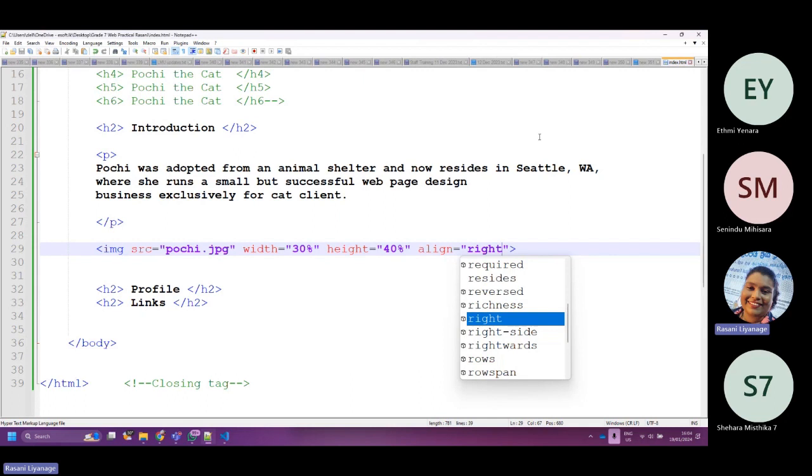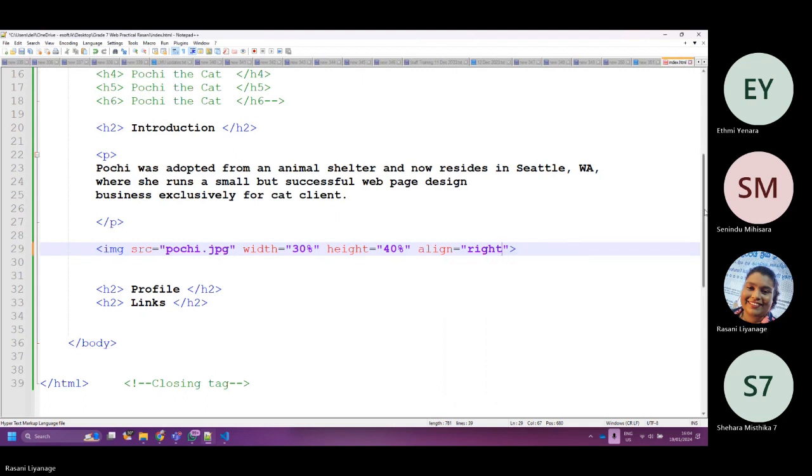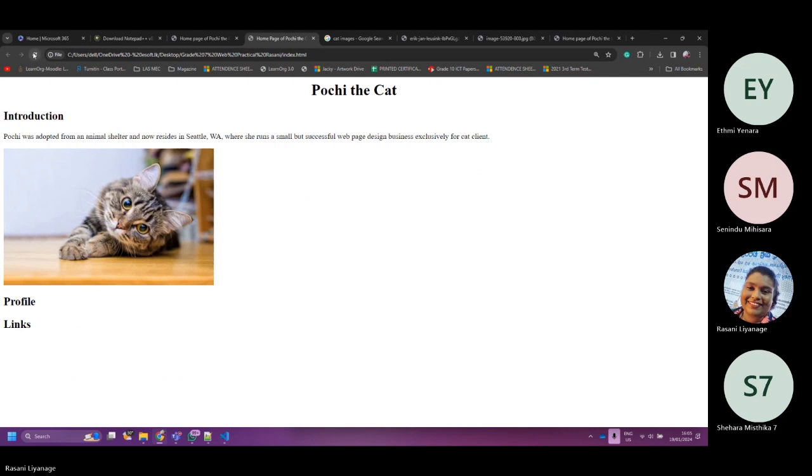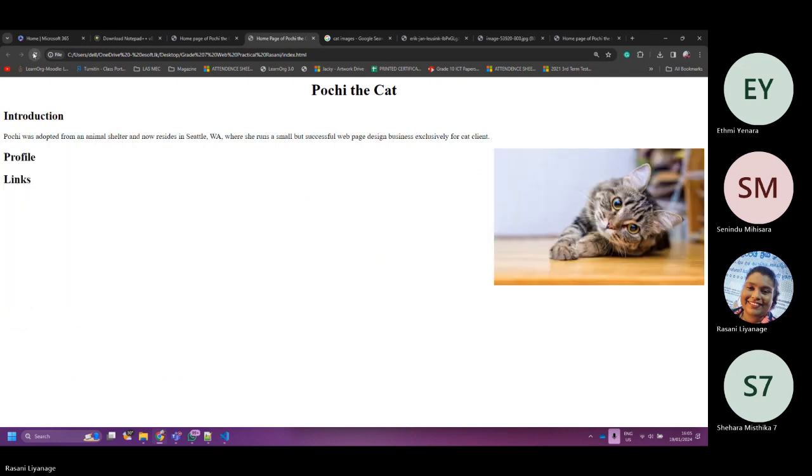Is it coming, son? See, it's right aligned now.